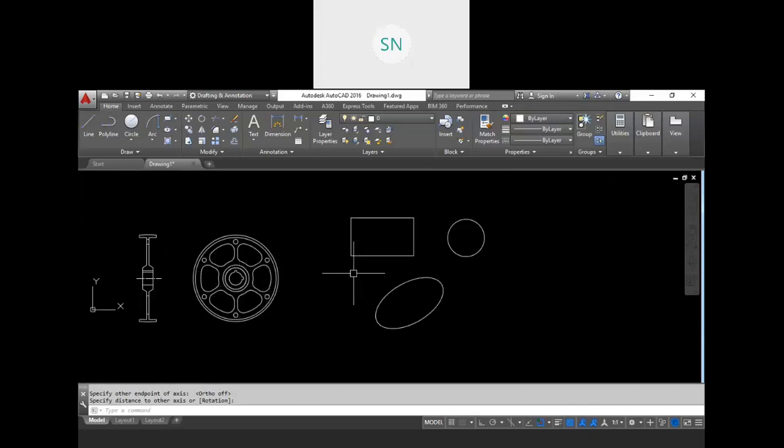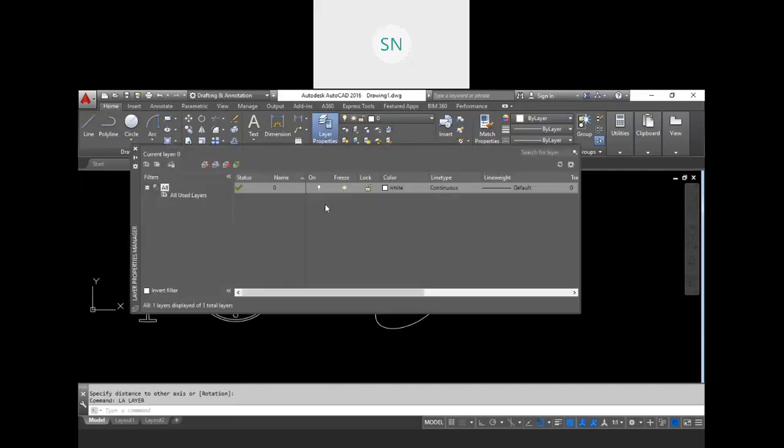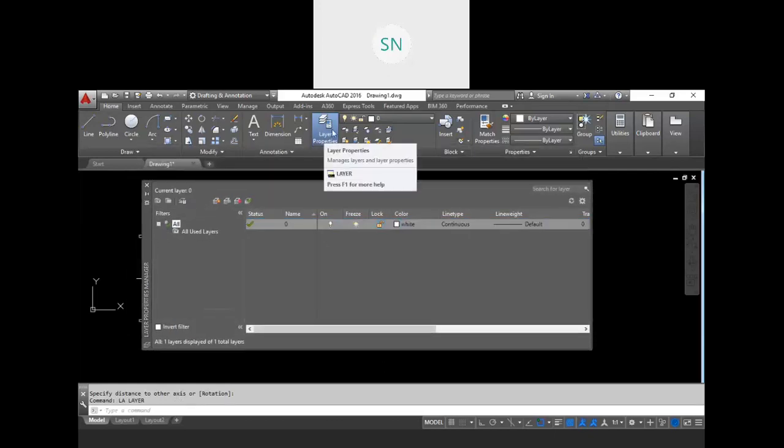First of all, we will see how to create a layer. For that, go to layer properties, and a shortcut for that is LA. Type LA for layer and hit enter. So here we have the layer property manager, this one. If you click on this, then it is also fine.